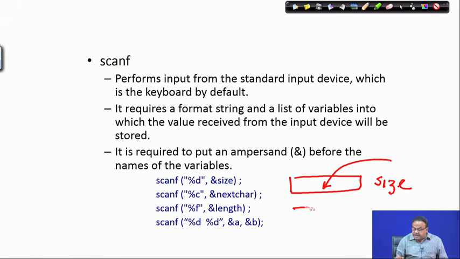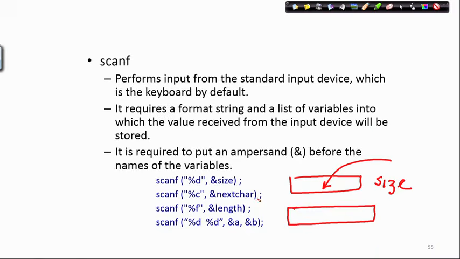Similarly, next char, say is a, say this one is a character variable. So, I am specifying that only a character can come in here, and that is why I put in the specification %c. %f means some floating point number will come here, but in all these cases this ampersand means the address of the corresponding variables, all right. Here %d means sequentially I am going to read two integer variables a and b.